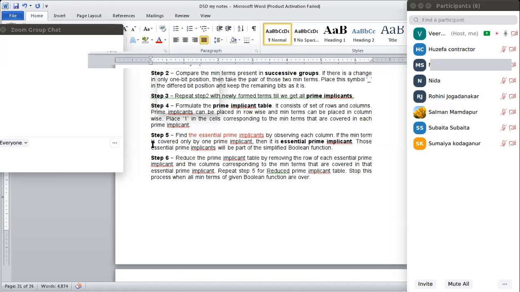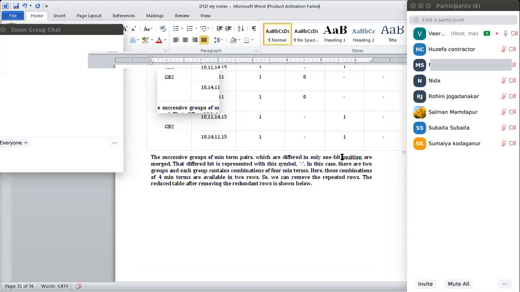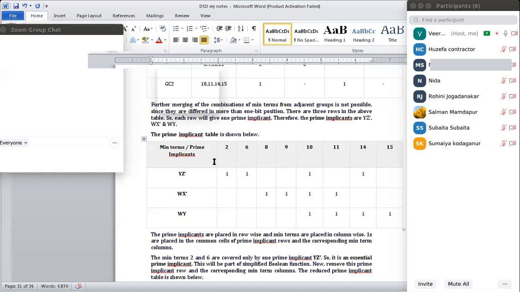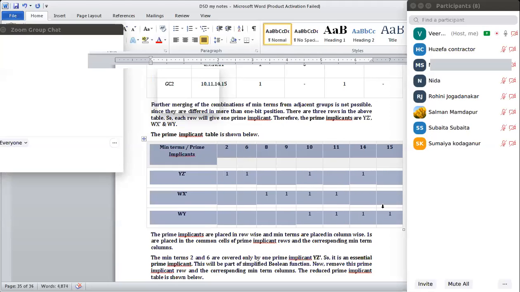Then, if the minterm is covered only by one prime implicant, then it is an essential prime implicant. See, if the minterm is covered only by one prime implicant, I will show you now. Now this is the table I have got from the above steps. Now out of this, what I will do,